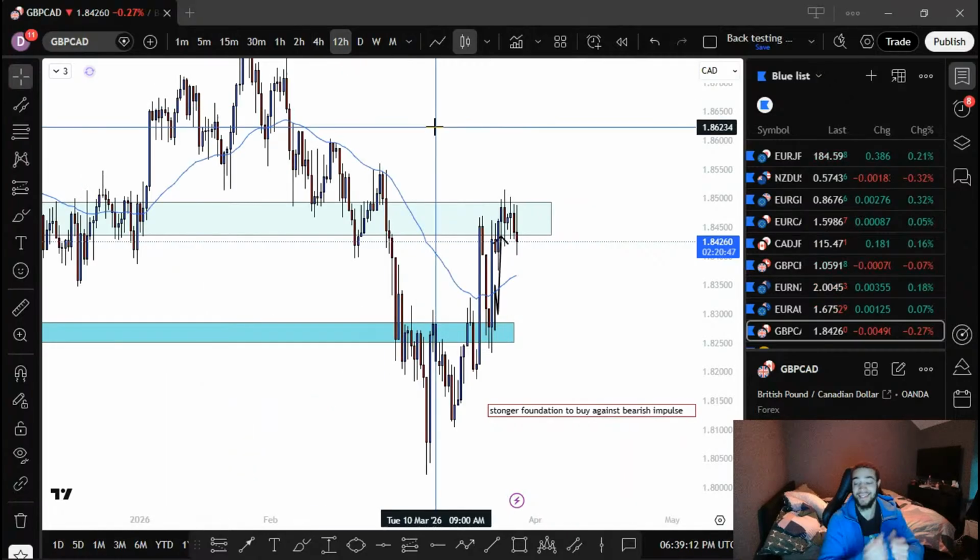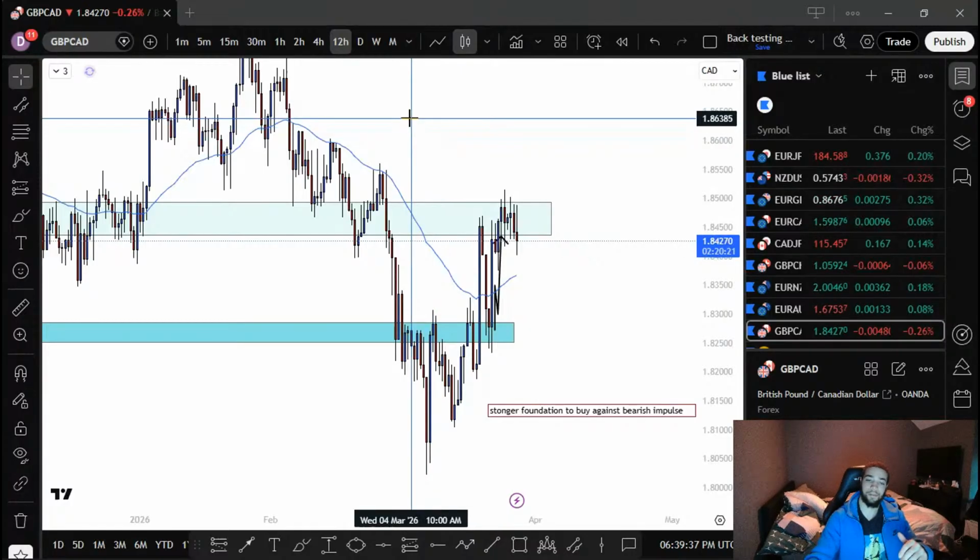But overall, considering that these markets are becoming choppy as a lot of them are reaching these higher time frame areas of interest, like a lot of them are reaching the target areas, right? So it's creating that choppy price action. So to still be capitalizing not only on my technical analysis and the probability of the markets that I'm analyzing playing out, but also to end the week profitable, I'm proud of myself for that, you know?